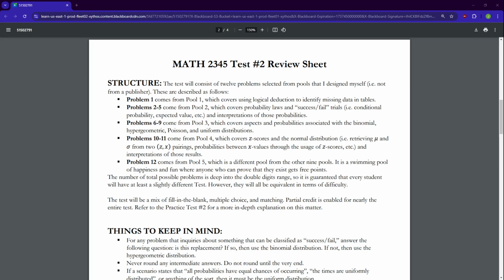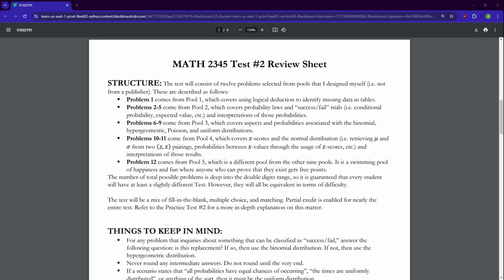So double check both if you get an answer that does not show up as an answer choice. Additionally, for 2 through 5, partial credit will be enabled. Your first 2 will be probability questions, particularly conditional probability, and your second 2 will be expected value questions. For 2 through 5, pay very close attention to which row or column of the table it is referencing, because even if all of your work is correct, but you reference the wrong row, then you'd only have partial credit